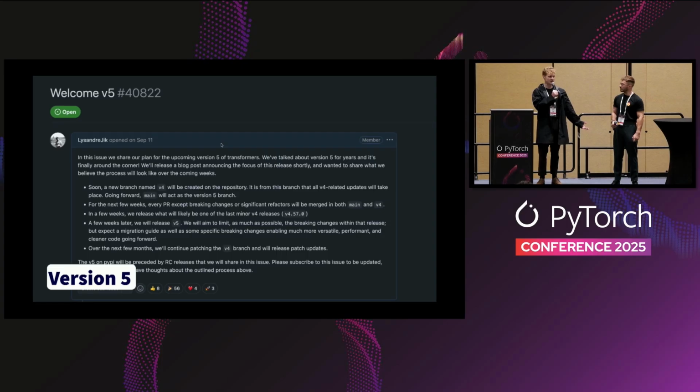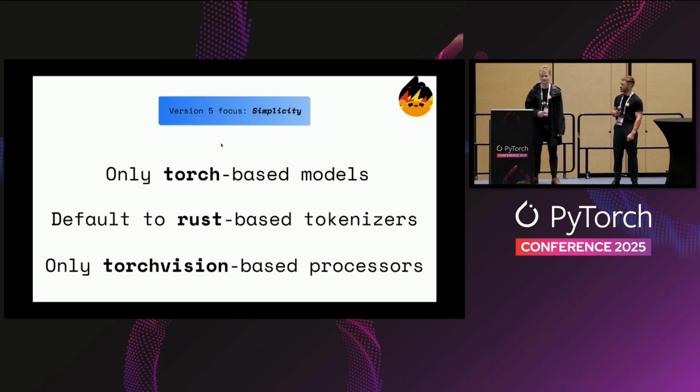So we're spending a bit of time here explaining what these new focuses are that we're going to have for V5 of Transformers. The very first one is going to be simplicity. We always have wanted our modeling files to be understandable, for someone to be able to inspect them and see how they're designed. But we have had a few issues along the way, which is that even if the modeling file is simple, the rest of the components aren't necessarily so.